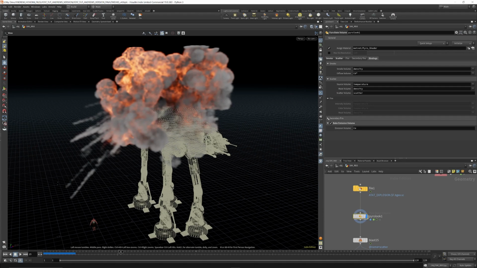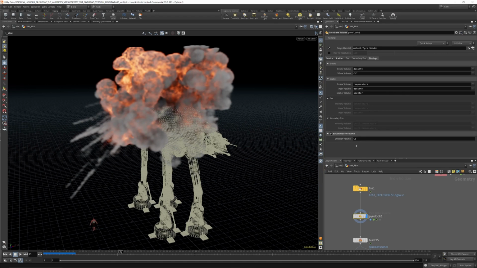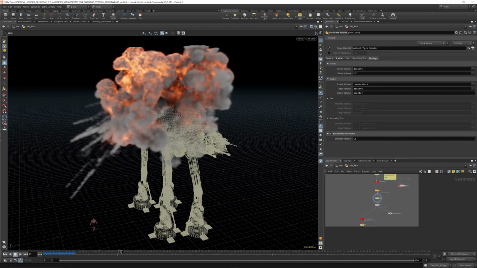And what I like to do is, because I use Arnold for rendering, I tick on this bake emission and I save the emission as CE. And this basically means that I can use this look in Arnold. It changes it a little bit. It's not as close as Karma, but I much prefer the speed and the quality of Arnold. So that's what I've done here, is basically create the CE, and if I go to the shader,